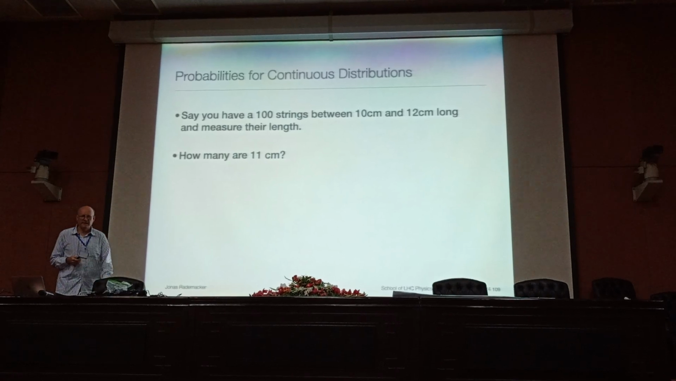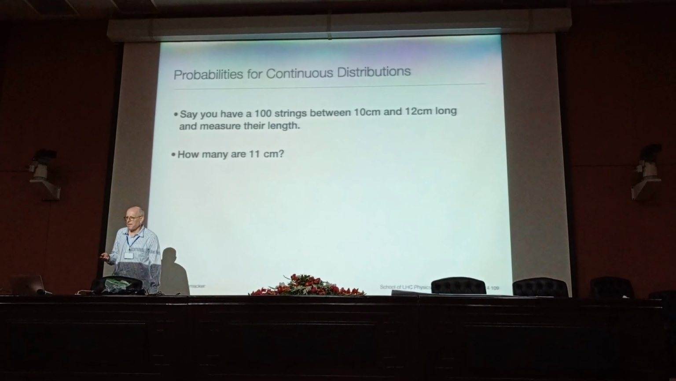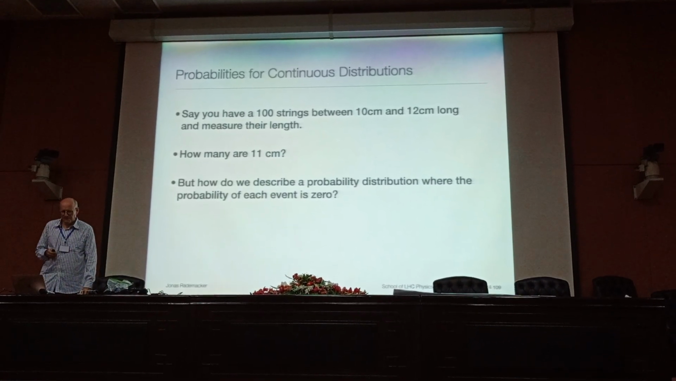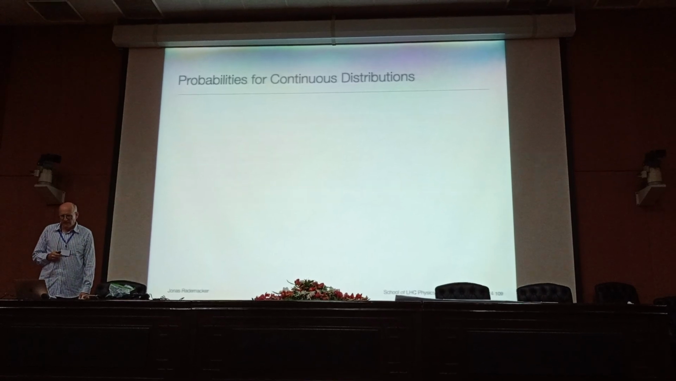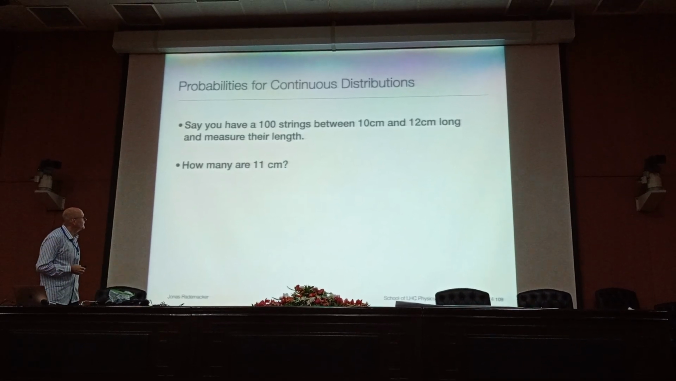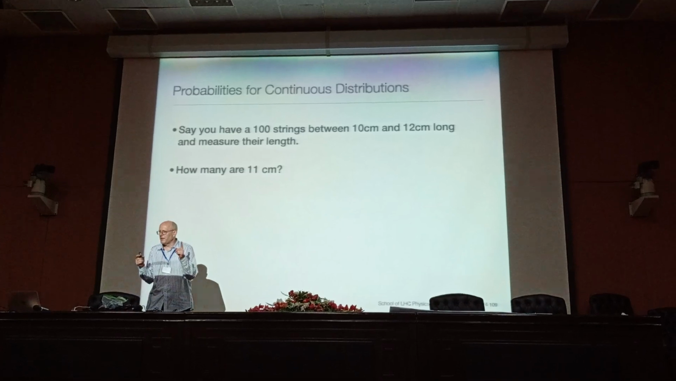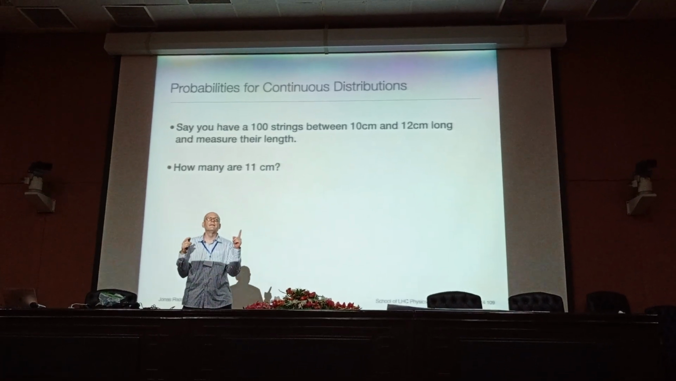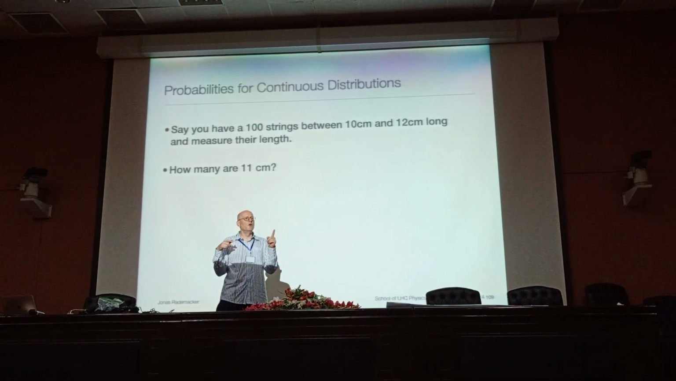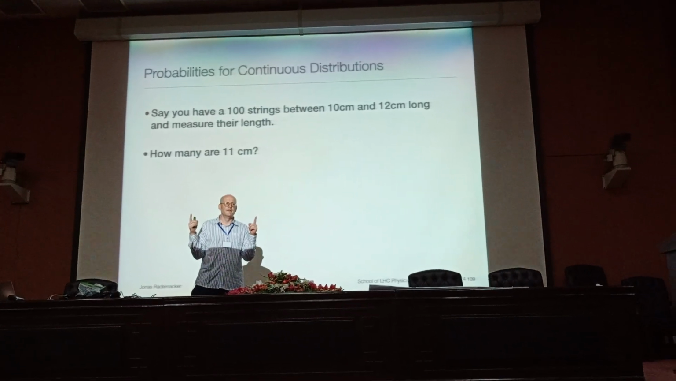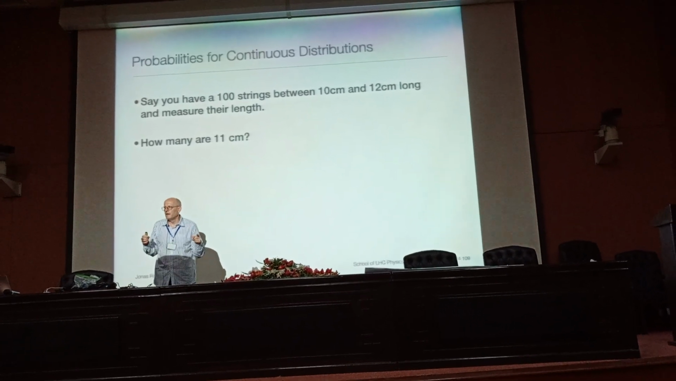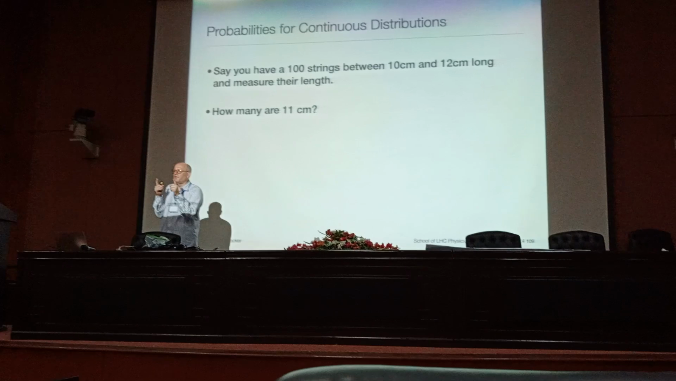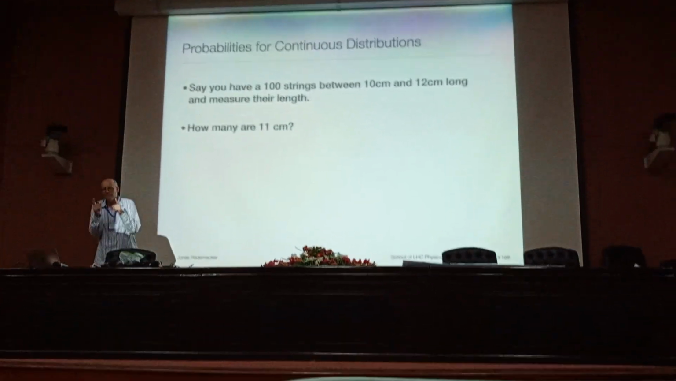It's 0. The answer is 0. The probability to find one. Oops. I've left the explanation out. The probability to find a string between 10.99 centimeters and 11.01 centimeters, that is not 0. But I can make my interval shorter, so there's still going to be a probability to find a string that